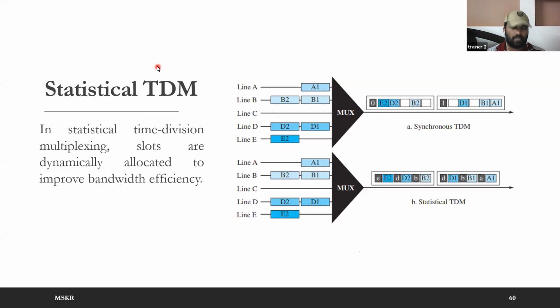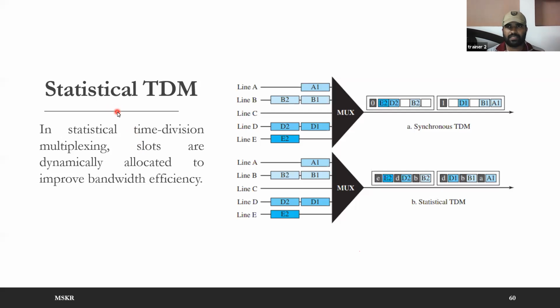Okay, good. So let's start today's session. That means let me continue yesterday's session. So in yesterday's session, if I'm not wrong, I stopped at this particular slide: statistical TDM. Let me finish this topic. After completing this topic, I'm going to show you some animations on these multiplexing techniques, and we are going to discuss different types of problems in these multiplexing techniques with more clarity.